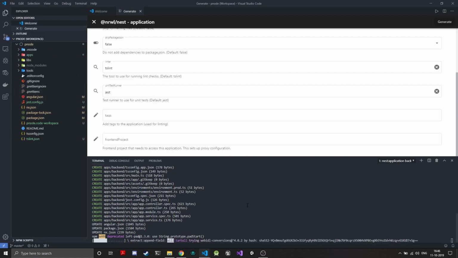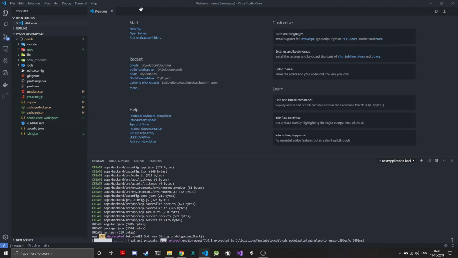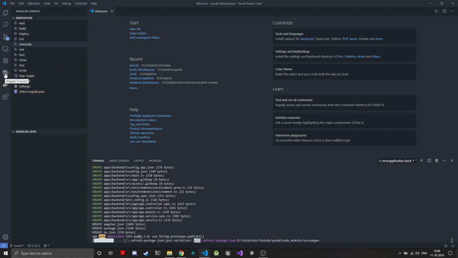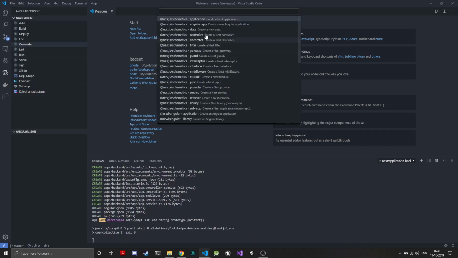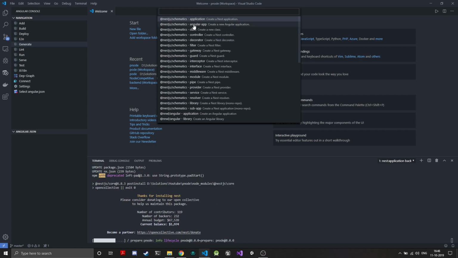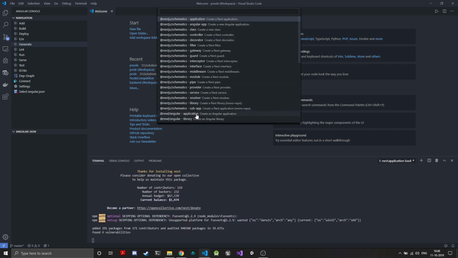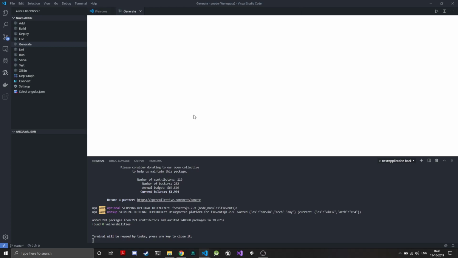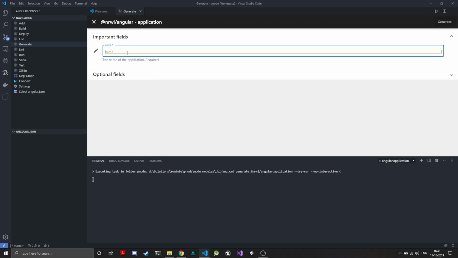We'll just do some installs, and till then we can do the creation of the Angular application. So you can see we have the backend created and the default folders and the controllers that Nest provides, and we'll just generate the Angular application till then. So in schematics we need the Nx Angular application. Now make sure to select the Nx ones. The Nest.js schematics are a bit different, so we'll do the Nx Angular application. We'll call this frontend,